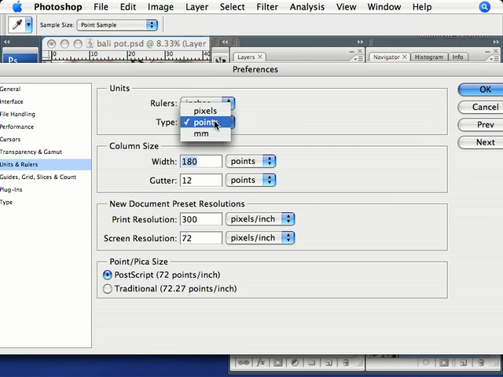Type, points or pixels. Really the same thing. Millimeters, that's a new option, at least for me. I leave it on points, I'm just used to that, but this basically just determines how your type settings, your font settings, are going to be shown to you. If you're used to using word processors like Microsoft Word, you're going to want to leave it on points, because that's really what you're used to. Okay,